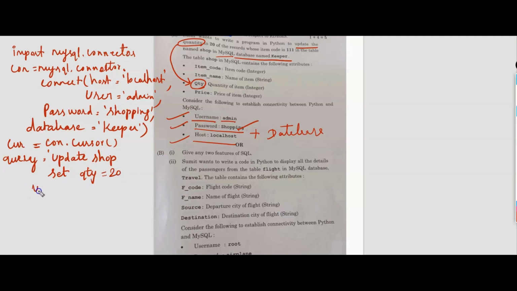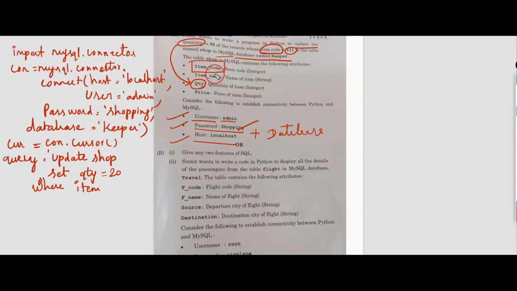Okay. Then write the where clause, where item_code, which is given here, is 111. For item code we are having the column name as item_code. Don't miss out the correct column name.